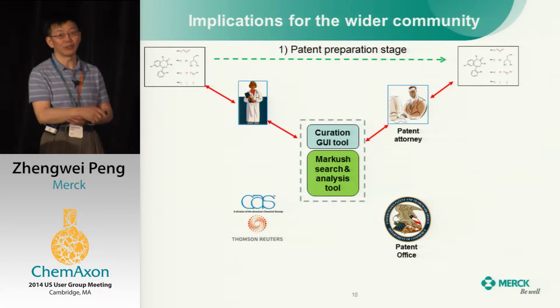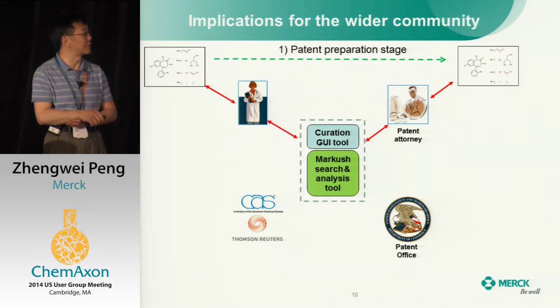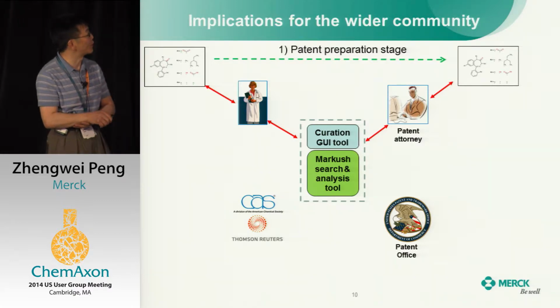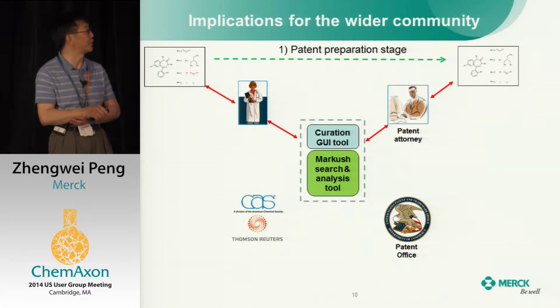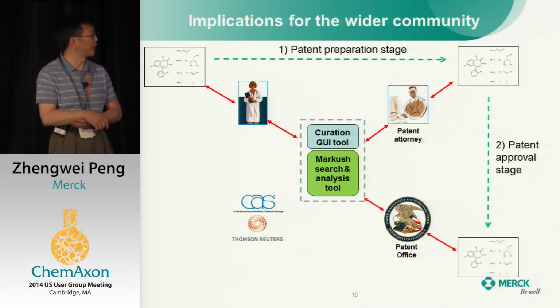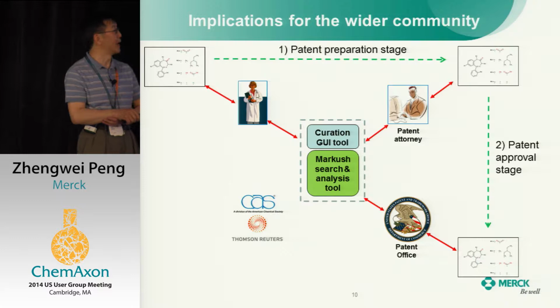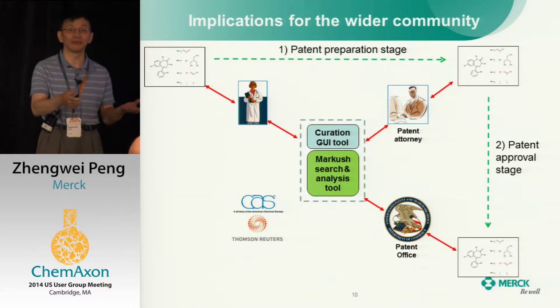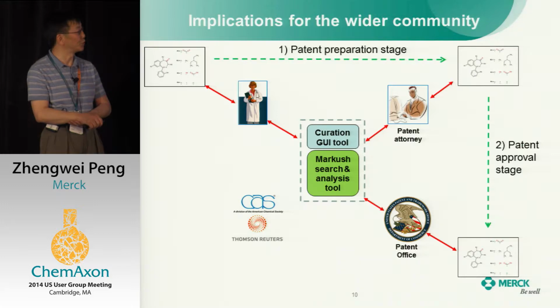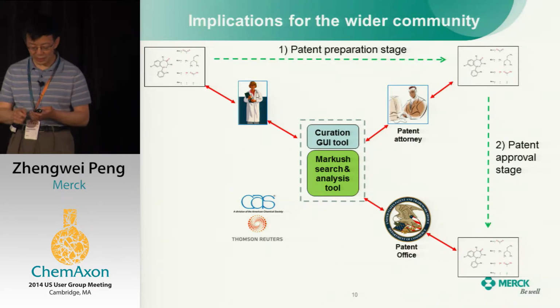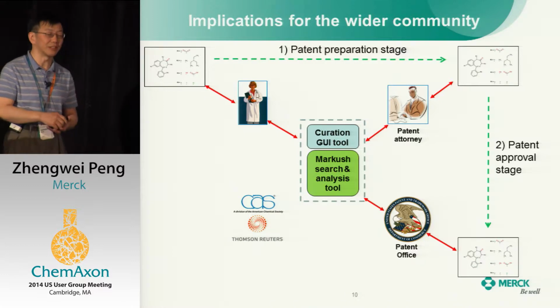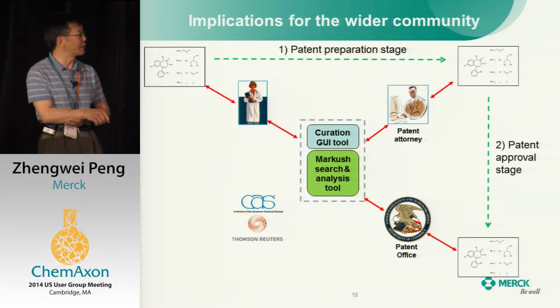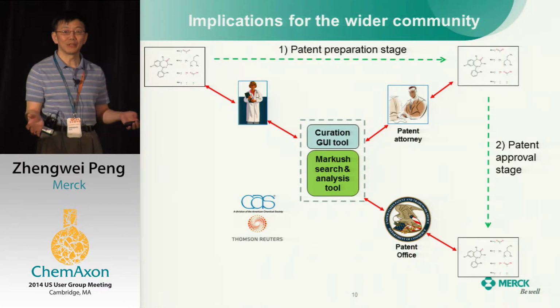Because now the number of lawyers also decreases, so his job is getting busier, and he wants some help as well. So hopefully, after several rounds of iteration, you have an electronic version of high quality, which matches the patent draft, the text document, and is sent to the patent office. Of course, the patent office also has the same search engine and probably access to comprehensive data content. It will check it, and there's actually an existing sort of plague in this community: when you file the patent, you claim as big as possible, utilizing your Markush structure.